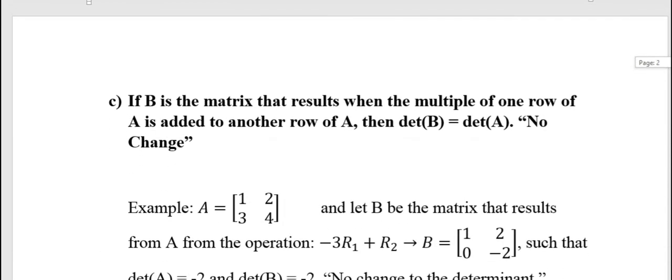Now, part C, it was the one that I said in the beginning that it just kind of washes out in the milk. If B is the matrix that results when the multiple of one row of A is added to another row of A, then the determinant of B is equal to the determinant of A. There's no change. Basically, for A, B, and C, all we've done was just to walk down through the 3